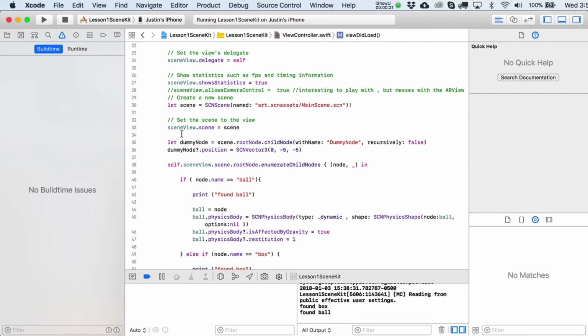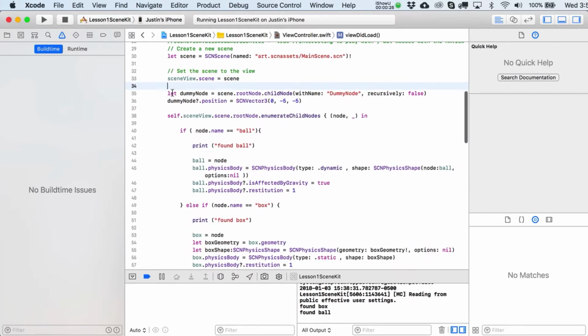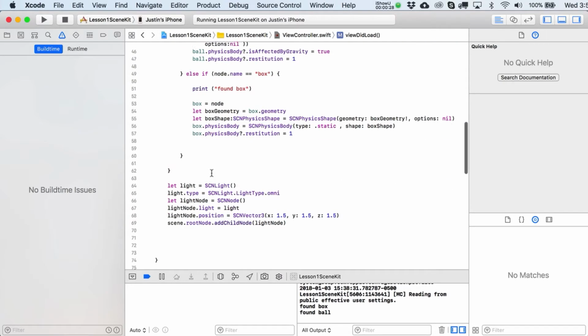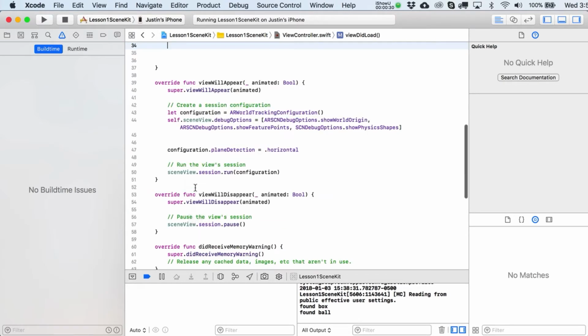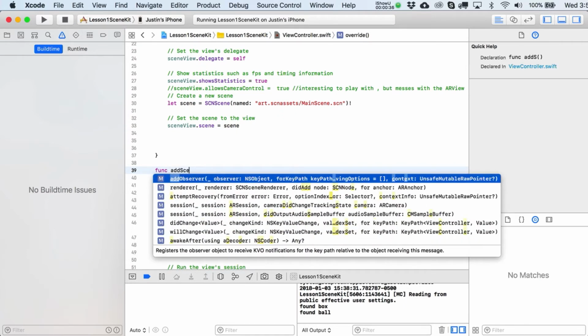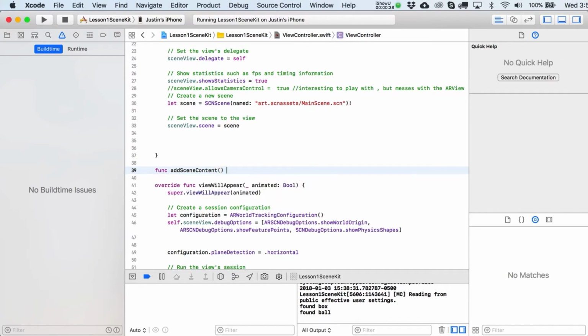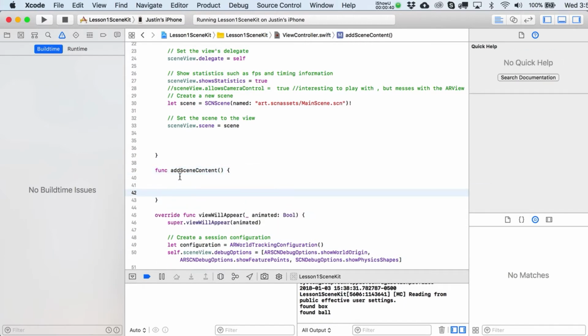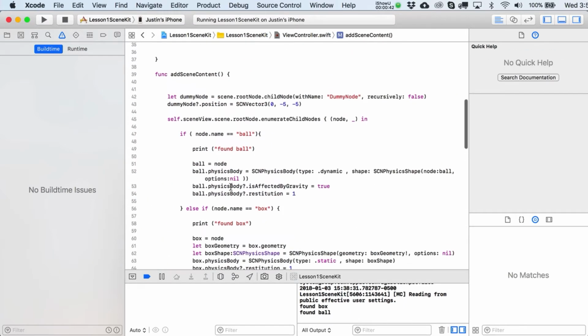And what I'm going to do is take out everything that we wrote starting from this let dummy node. So I'm just going to cut all this, all right, and then I'm going to put that into a function of its own. So function, let's just say addSceneContent. And one of the reasons I'm doing this is so that we can slightly time delay